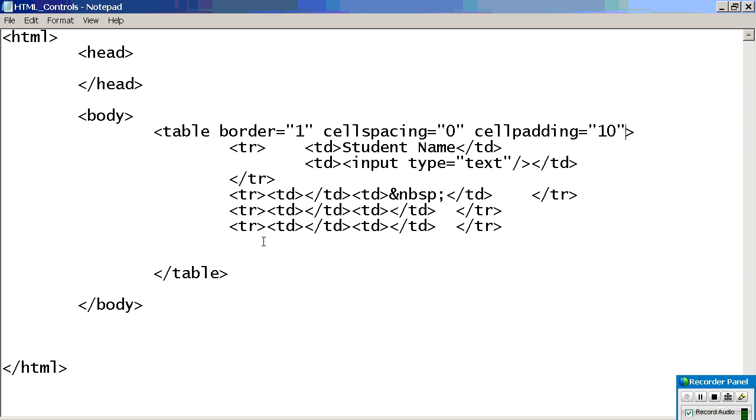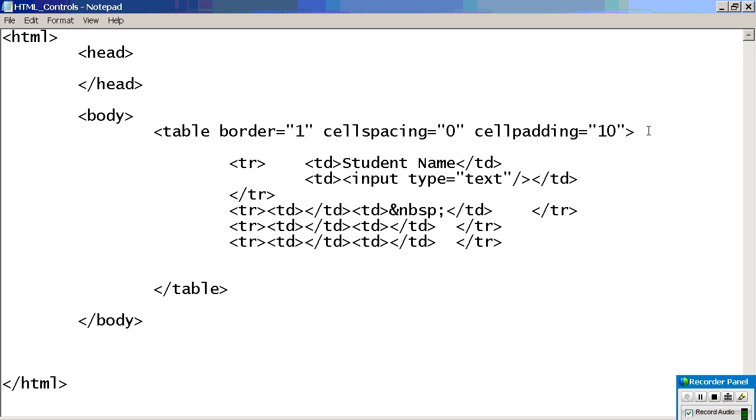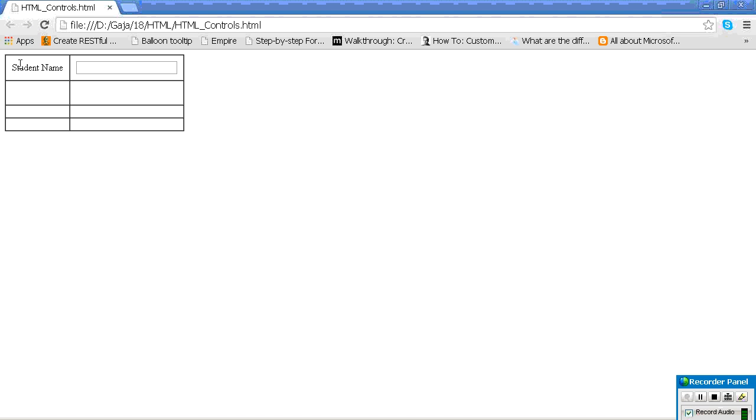Now one more thing, yesterday I forgot to tell you one thing here. For this I will give one setting. I want to keep above this a title, student registration form. Am I going to use 2 columns? No, we will use 1 column only.